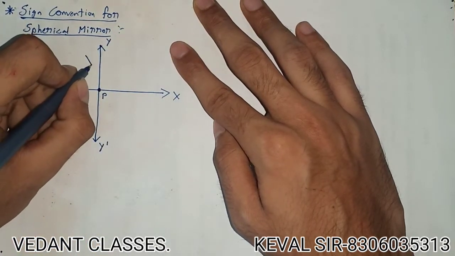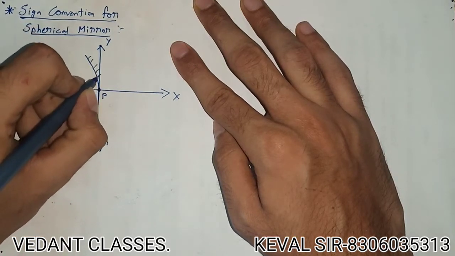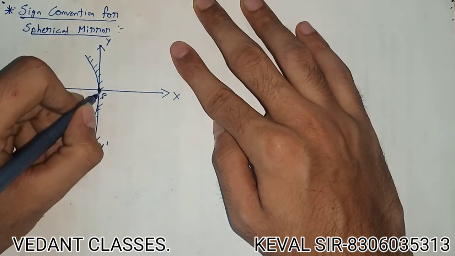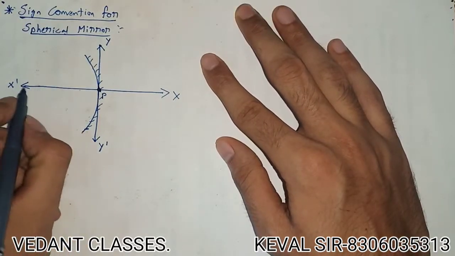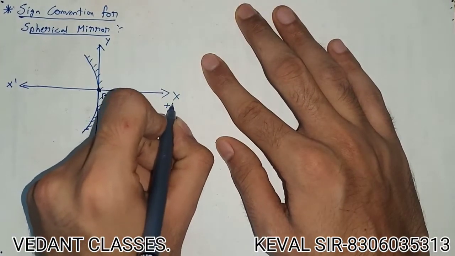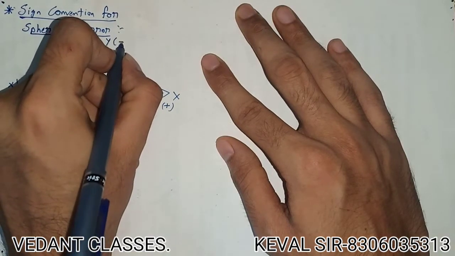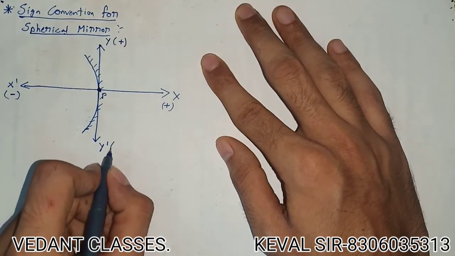So let's consider the concave mirror like this. So the pole of the concave mirror is at the origin of this Cartesian coordinate system. Okay, so now this axis is positive x-axis, this is negative x-axis, this is positive y-axis, and this is negative